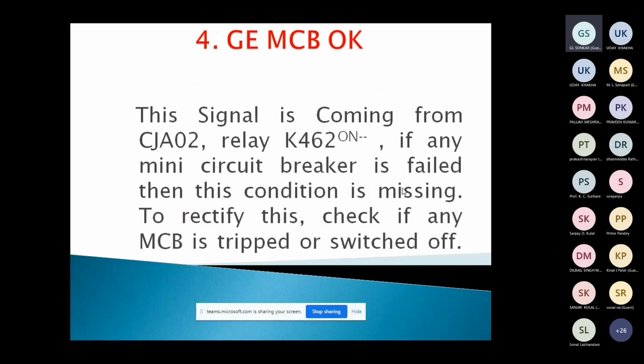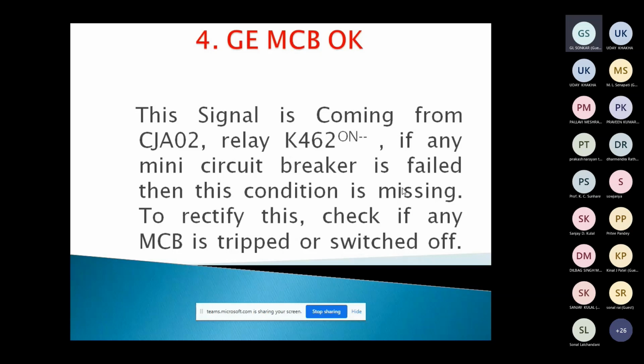There are some MCBs. If it is tripped, we have to see it. It is a governor cubicle. If you see in the powerhouses, there is a governor cubicle, excitation cubicle, meaning panels: governor panel, then generator panel, then your excitation panel, annunciation panel. So there is an MCB there for the supply. You see if it is okay or not. If it is not okay, you go there and switch it on.